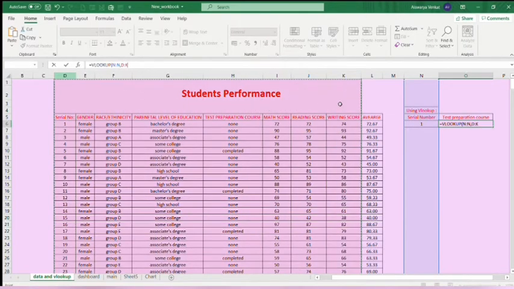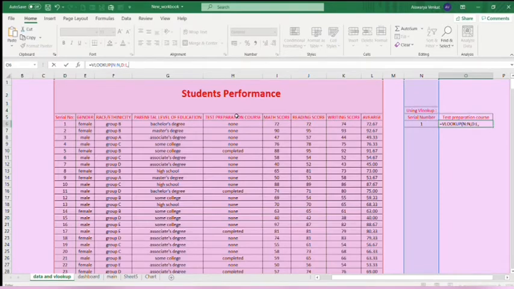After inserting the serial number column, we write the VLOOKUP formula. For that, I type equal to VLOOKUP, and then select the cell where I want the values to be, the N column, then comma, the whole table. I am selecting the table array from the D column to the L column, and then comma, and the column number at which the data is located. That is, I want the data of the test preparation course.